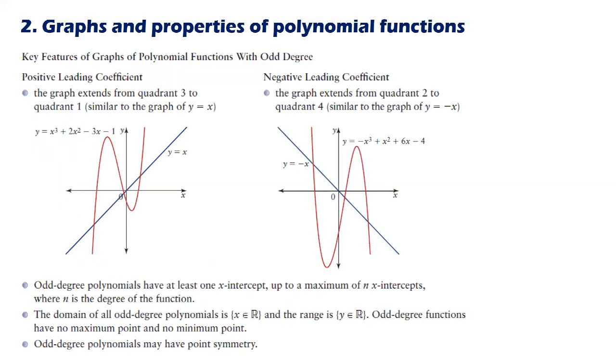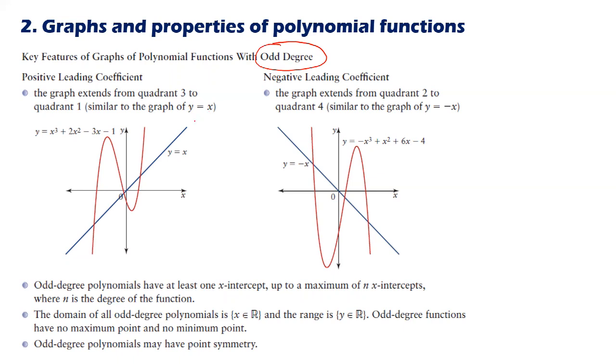Okay, next, let's have a look at the graphs and properties of polynomial functions. First, let's have a look at key features of graphs of polynomial functions with odd degree. That means the greatest order of the polynomial function is odd, right? Okay, first of all, if the leading coefficient is positive, the graph extends from the quadrant 3 to quadrant 1, similar to the graph